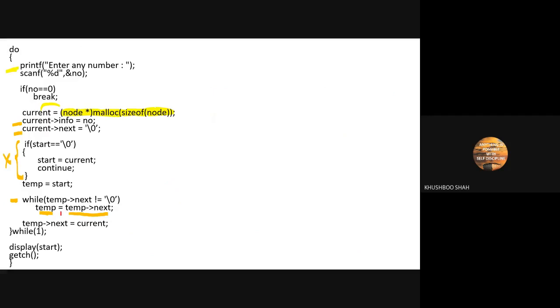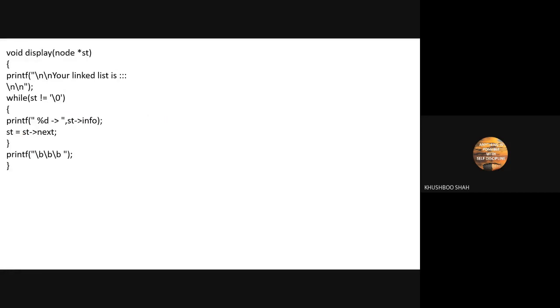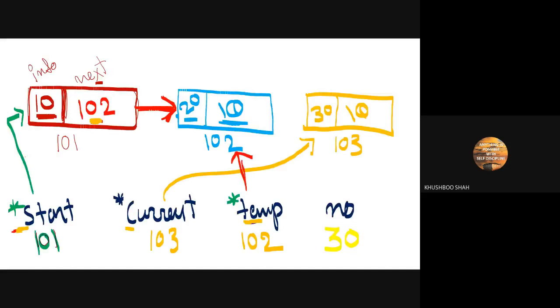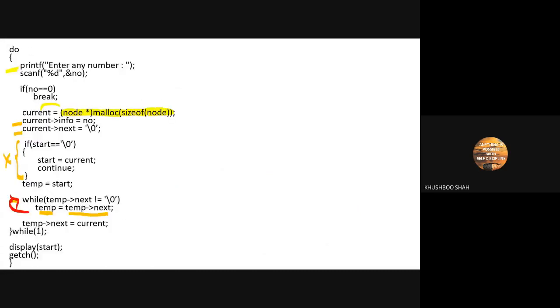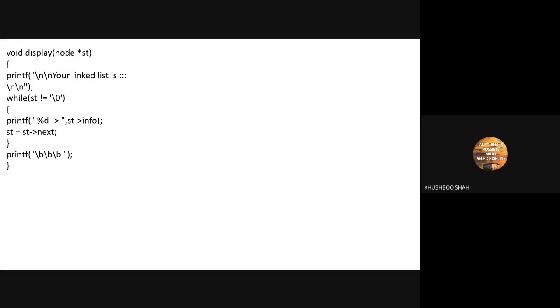Again, this loop is continuing. Now again, since it is a while loop, it will go back up. Temp next is not equal to null, but temp's next is null. So come out of the loop, and then what we are going to do? The value of current into temp's next.